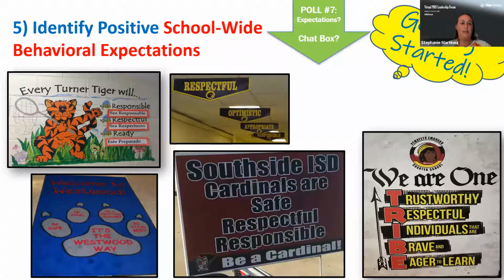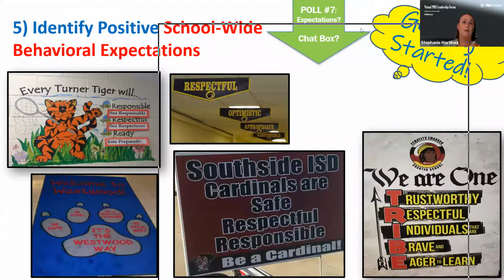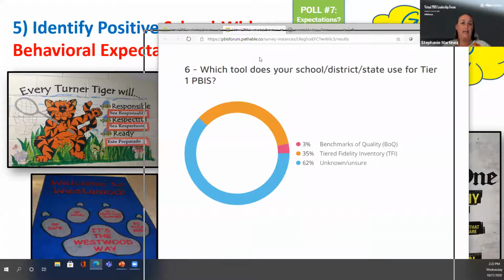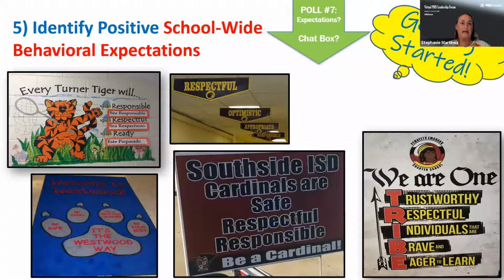Now, keeping in mind too, you probably won't change your expectations. We don't talk about changing expectations frequently, but what we do talk about is how we define those. So I know a lot of schools in the United States now have some sort of virtual format as well. So one of the things we might want to consider is, how do these expectations look like if we are doing a virtual model or hybrid model?